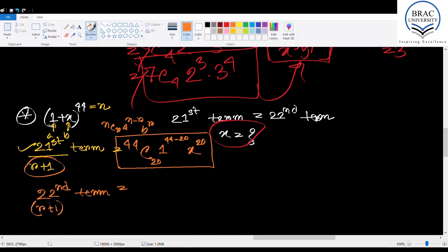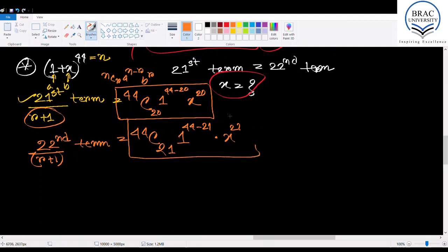This is r plus 1 value now, 22, so r will be 21. So again 44c21, 1 to the power 44 minus 21 into x to the power 21. And as we know that from the condition given here, both of these terms are equal. So we will write that